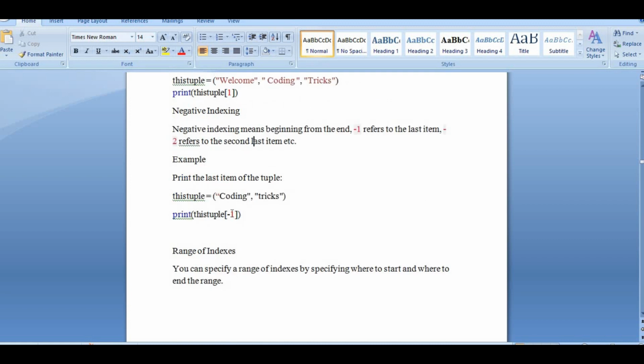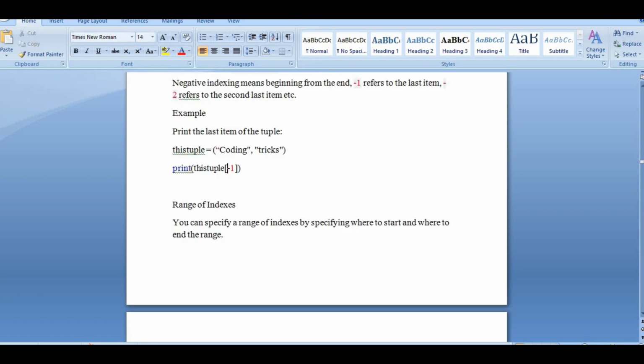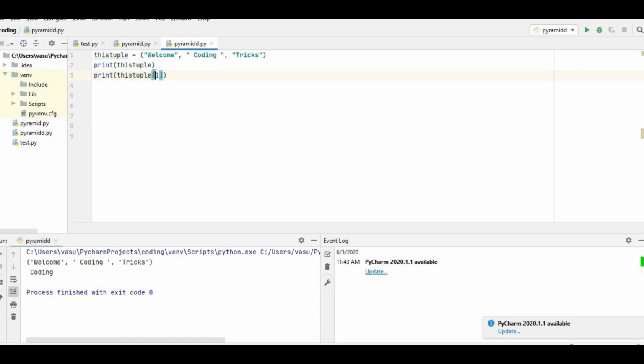We have seen this in lists also, and in the same way here. If we give negative indexing, it comes from the right end, that means in reverse order. If it is -1, you can see the difference. I'll copy this and paste it.